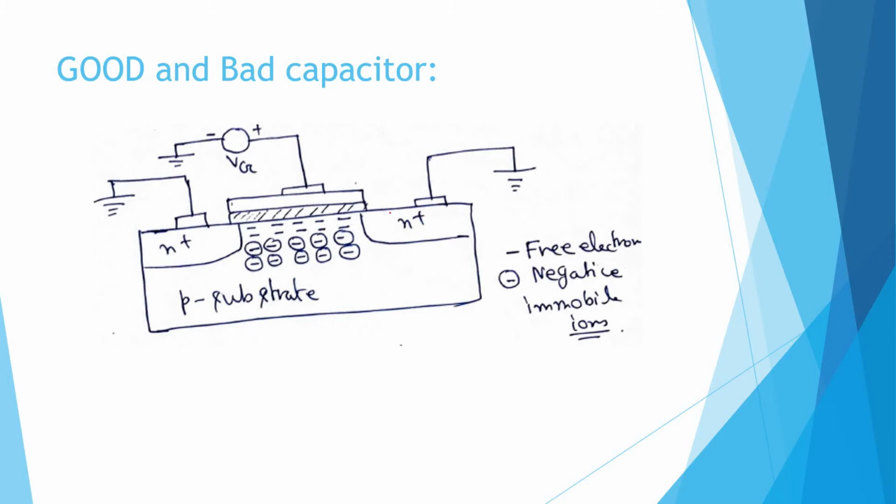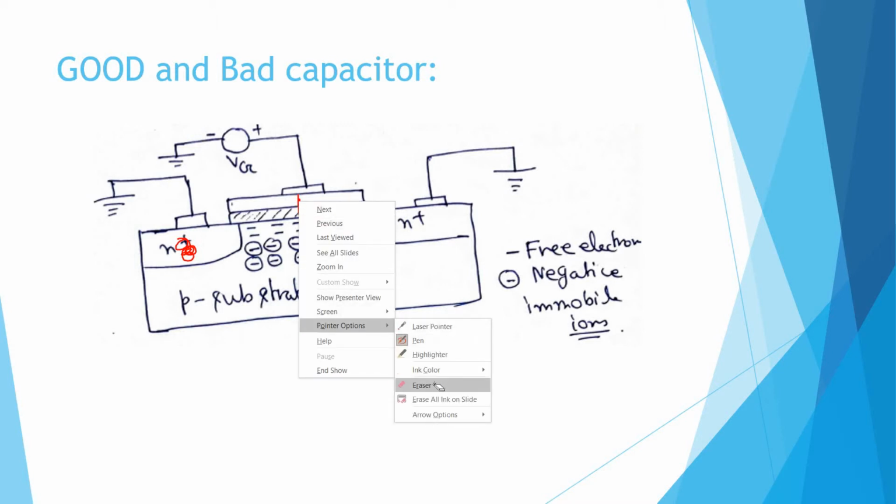Now you just try to understand. This gate electrode is basically the positive plate of a capacitor, because we are applying positive potential to the gate. Then there is an insulator layer made of SiO2, or silicon oxide, or some other material like polysilicon, and then the free electron channel accumulated just below the insulator is forming one capacitor. Now you just try to understand. See, the source is N plus, the drain is N plus, and this is also free electrons. So basically what is happening? This is forming one capacitor, right? Now you see what is going to happen.